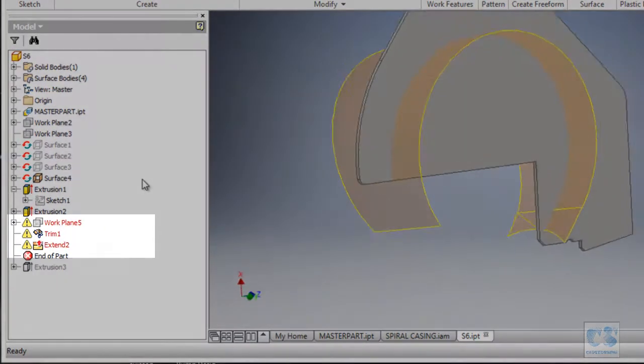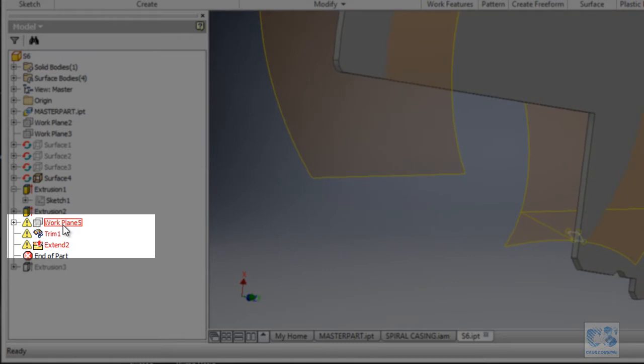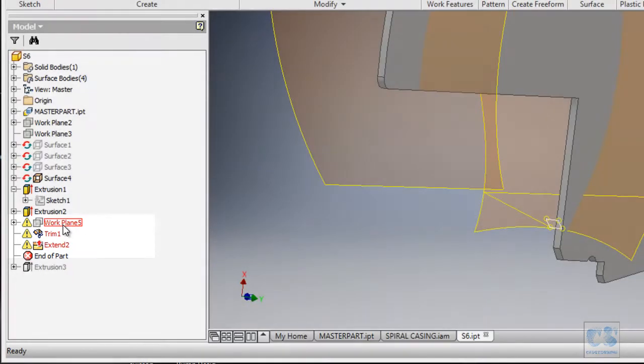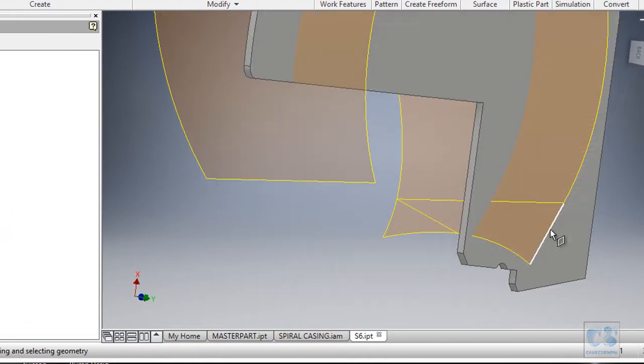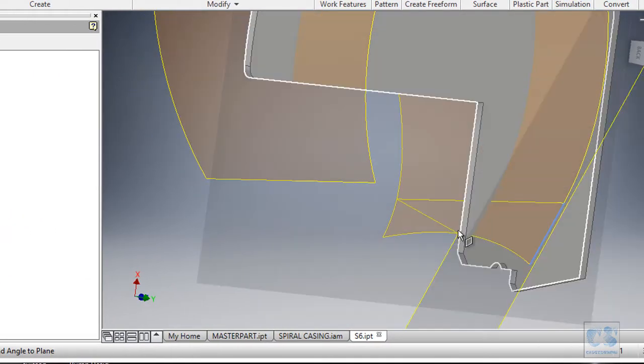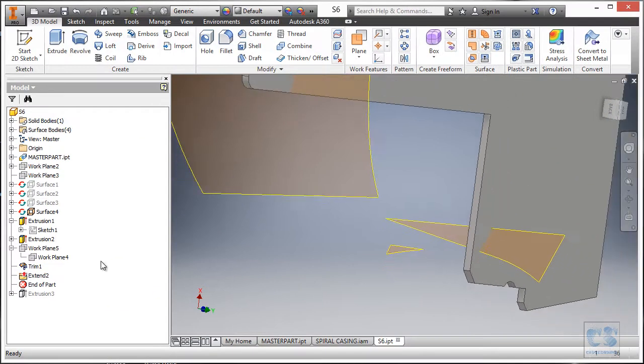And as you can see, there is a warning in front of these three features, and this is because we no longer have the edge we used to define this work plane earlier. So let's go back to the work plane. So this first work plane, then redefine feature, and we select this edge and this endpoint, and as you can